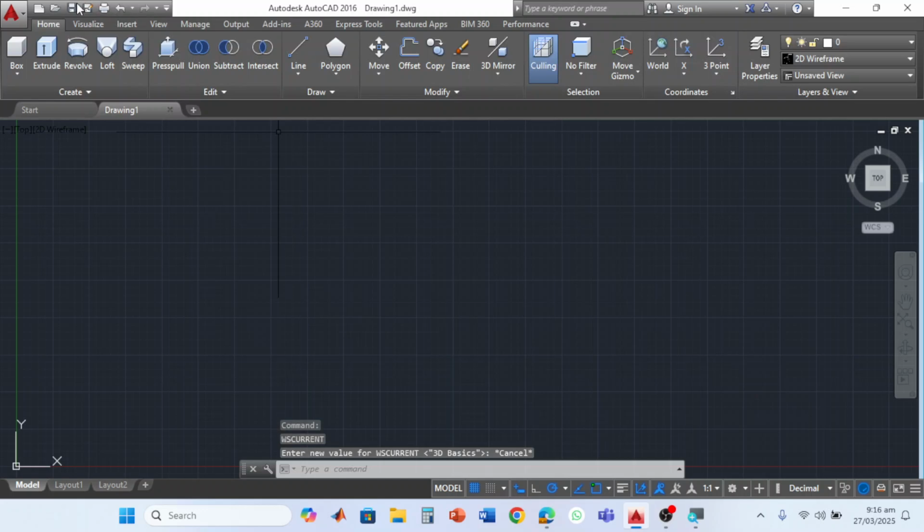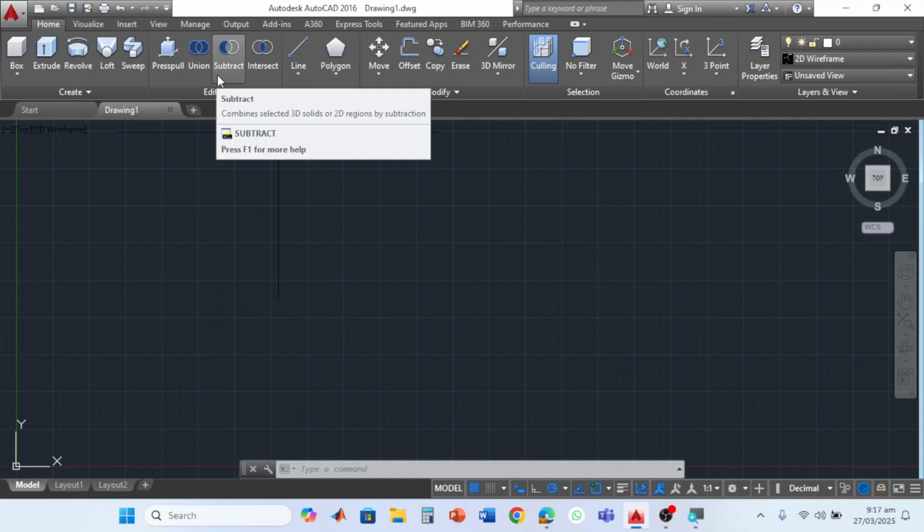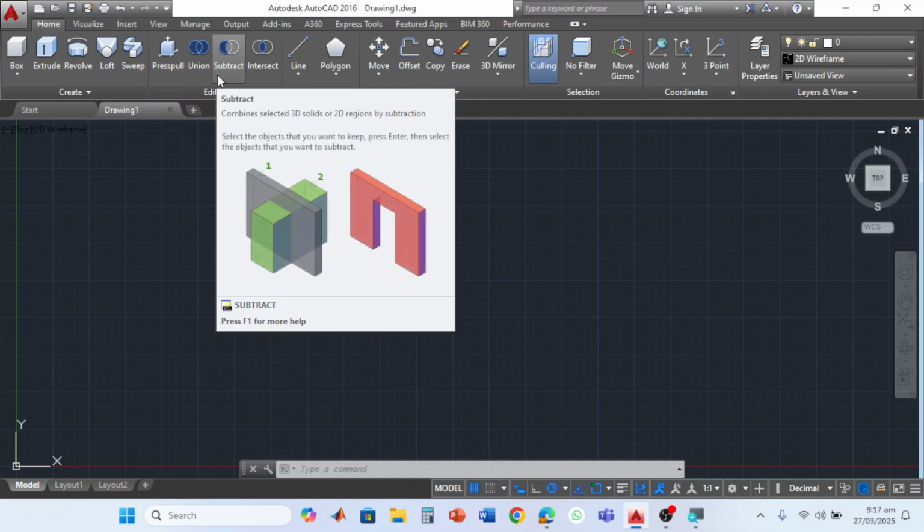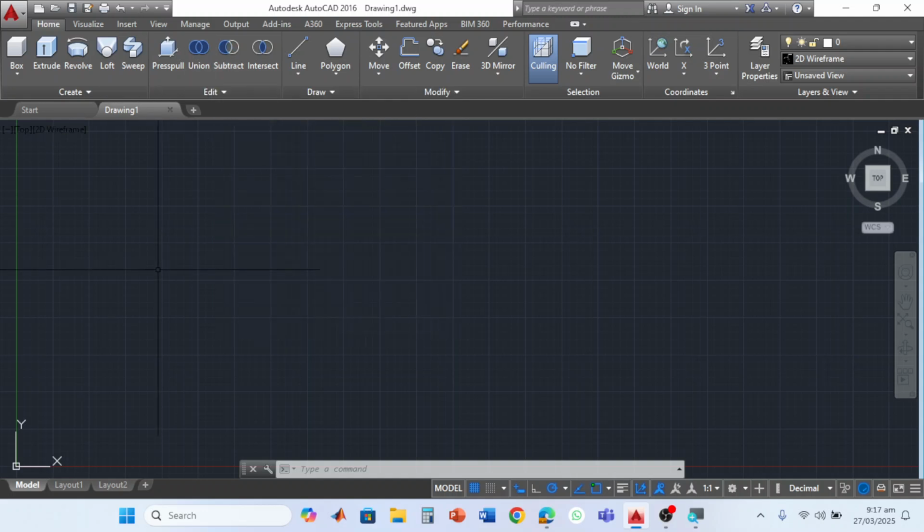The ribbon has been changed. Now we have the 3D tools available. Why have we separated the 2D and 3D tools? Because we have a limited workspace. Now we have to work in 3D. Now, if I want to draw the box,